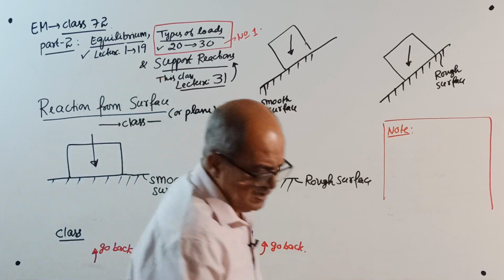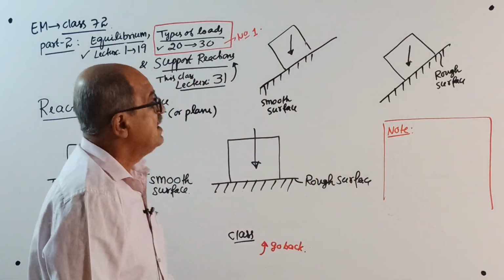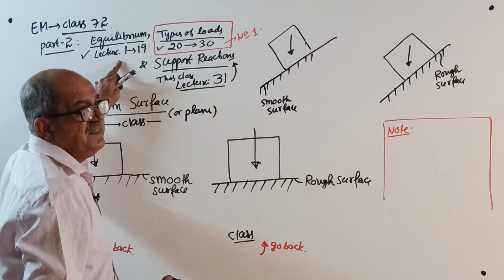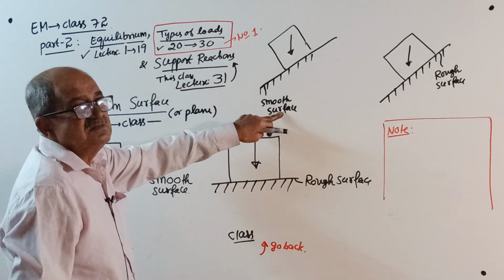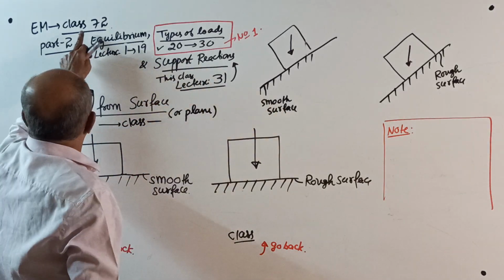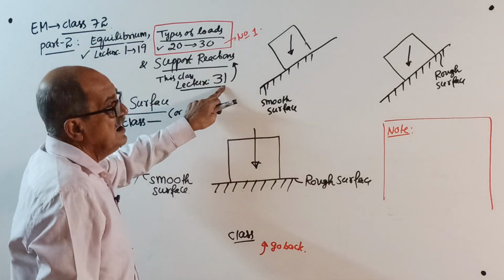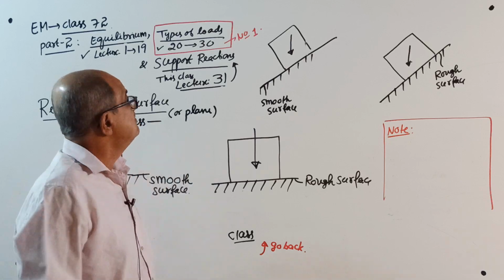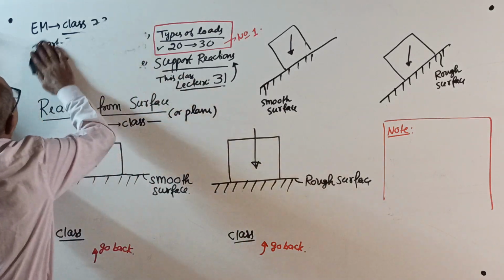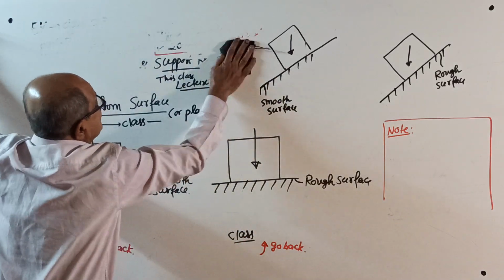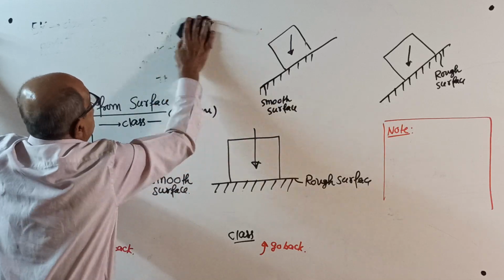Now, each and every class, I will not tell this. Next time I won't tell anything. I will just start. In the title you can see Engineering Mechanics class 73, part 2, lecture number 32. The title will be there, because we can't afford to waste time in each and every class telling what is going on. Okay, now